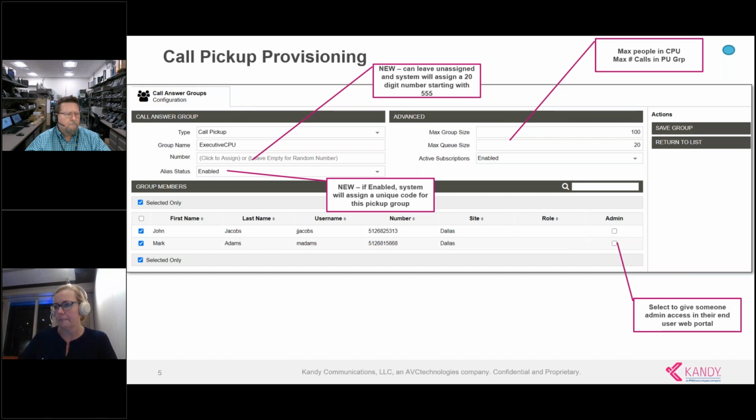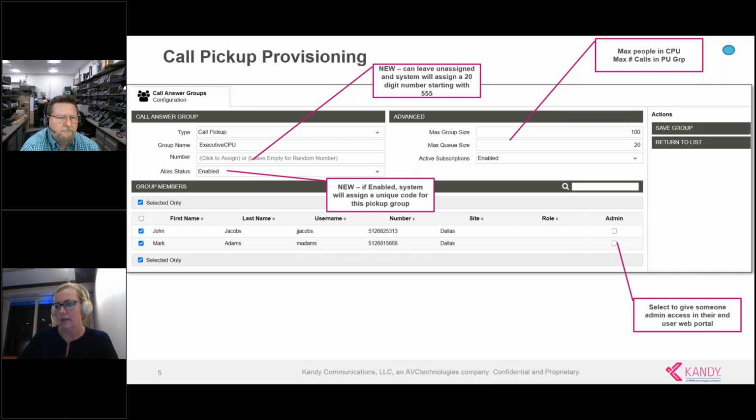The alias status, you do want to say enabled on this. And here's why: if you want to pick up one group or the other group, the alias is going to assign one for you. And then at the bottom of this area, you can choose different people. You can check any users that aren't already checked. You can also go over here in the end user web portal under configure. You can click on that and it'll give you some of these capabilities where you can go in and check it. You can also set some things for this call pickup group on the advanced side, like max group size, max queue size. Max queue size is how many calls you are going to allow to queue up in this